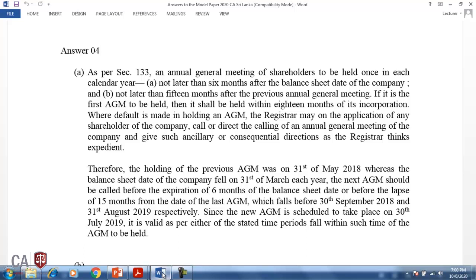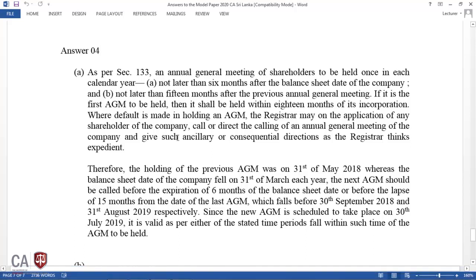So, now what it says is not later than 6 months after the balance sheet date of the company. Here the balance sheet date was 31st March. So, after the 6 months period means it goes up to the end of September. But it says also, and here, not 'or' but 'and',